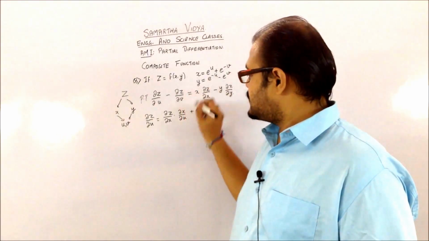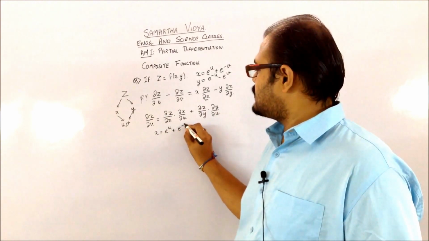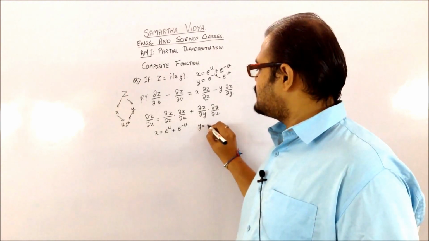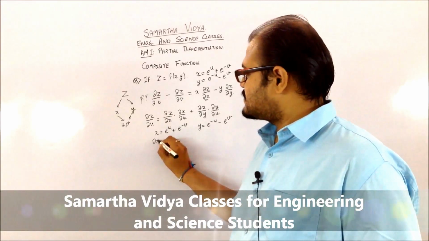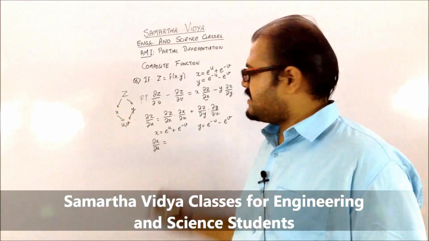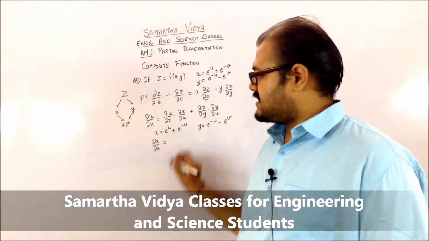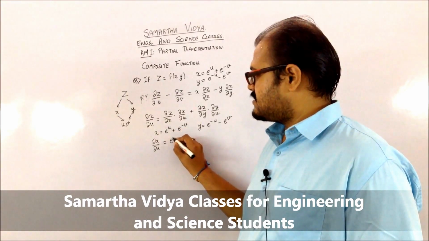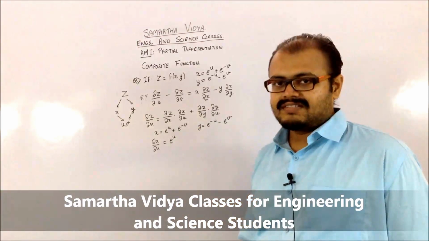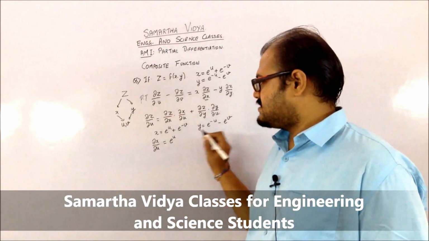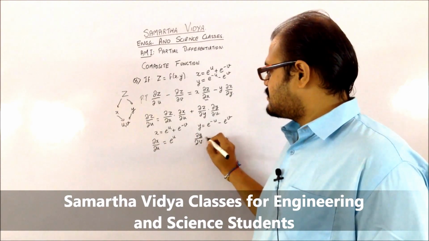So using this particular equation, that is x equals e raised to u plus e raised to minus v, and y is equal to e raised to minus u minus e raised to v, your del x by del u will be equal to the partial derivative of this particular term. You can see that e raised to u is present, so derivative of that is e raised to u. But since v is going to be constant with respect to u, that is going to be 0. You need to find your del y by del v.